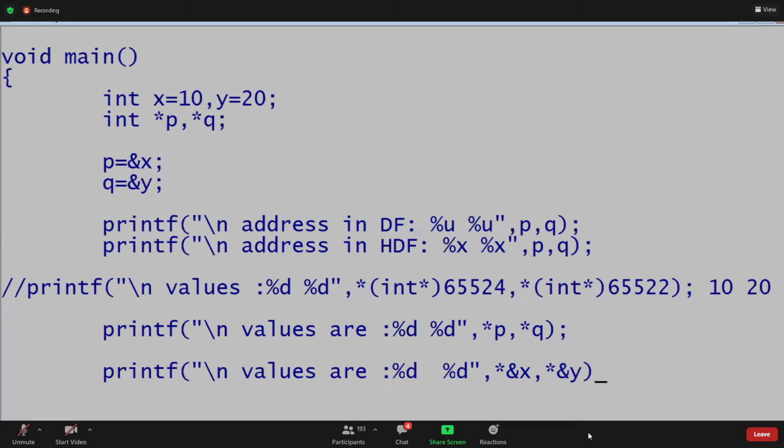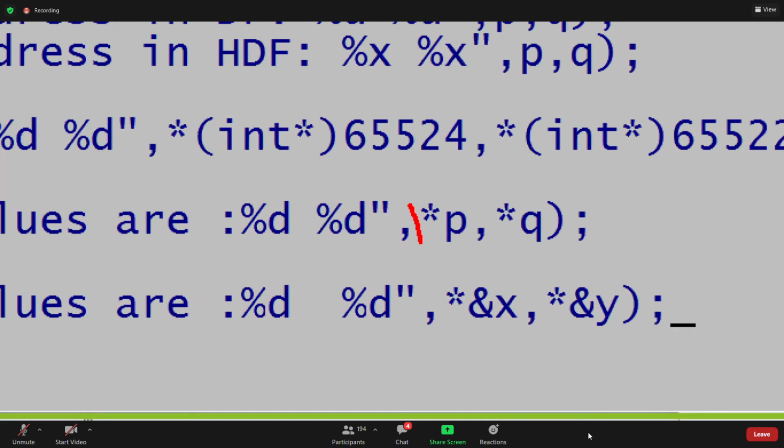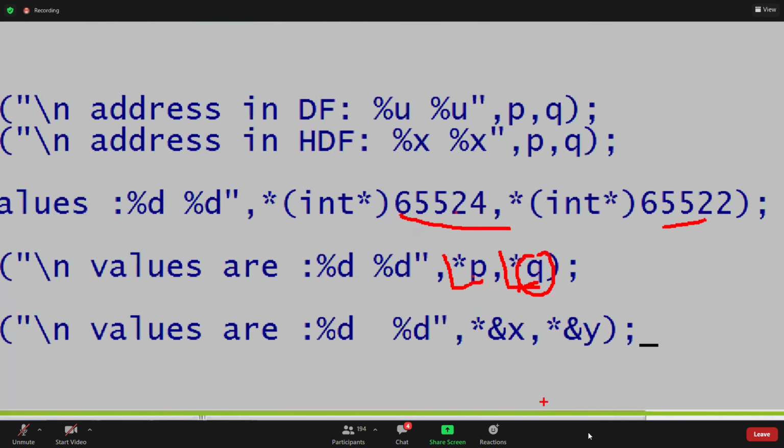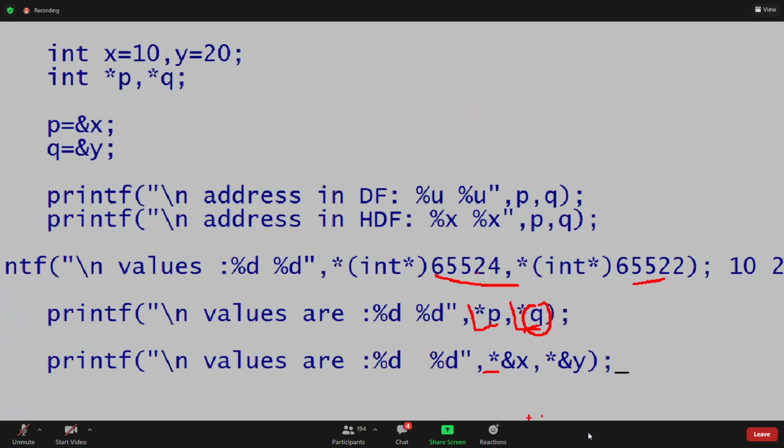See this, I'm using p as address, guys. Star p is a value, star q is at that location. What is the p value? 24, x address. Star q means y address. Now, star address of x. If you write star p, it means address of x. What is p, guys? Address of x. Star q means address of y. Star address cancel, star address cancel, x, y will be there.